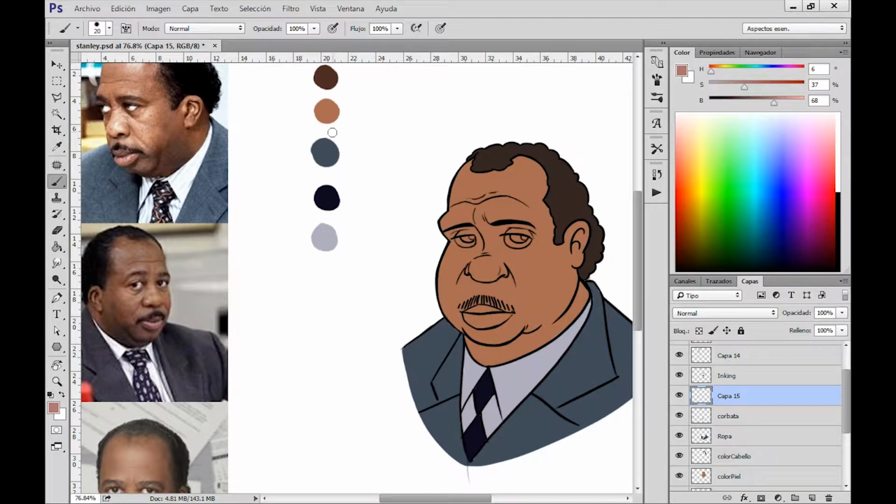This one is good for the lips. Let's saturate it a bit more so it has a bit more color. A bit more reddish. That's fine. So with this